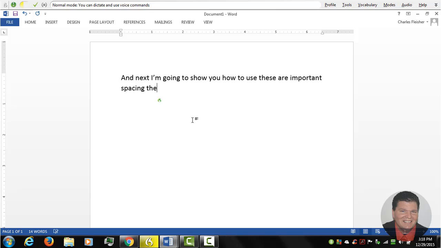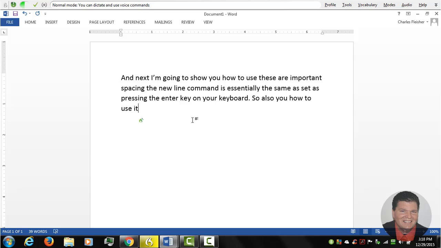The new line command is essentially the same as pressing the enter key on your keyboard. Period. So I'll show you how to use it. Just say new line,